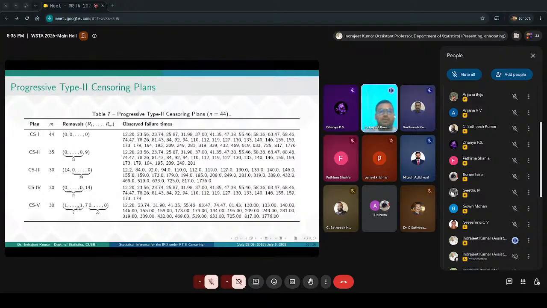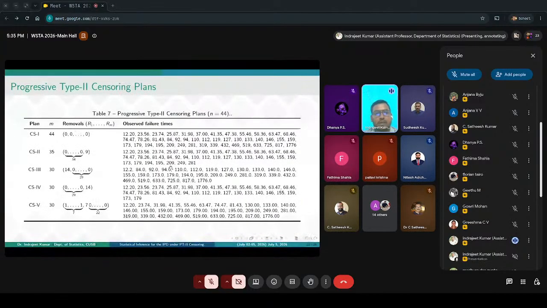So it is removing after getting one failure, we remove one unit. After getting one failure, we remove a second unit, likewise. So seven removals were there from the median. For the particular pattern, this is the observation we observe. This is the 35 failure observations. This is the 30 failure observations with this scheme. So based on this, these